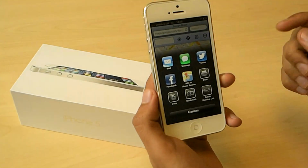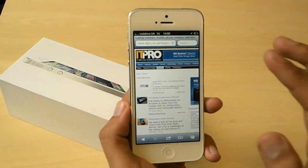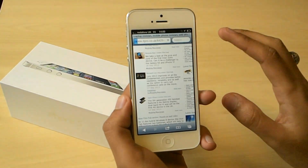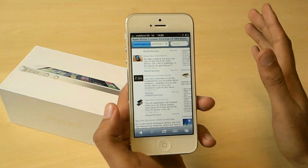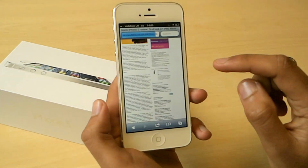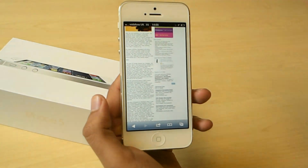Changes have also been made to Safari. It has been beefed up, so if I go to a web page there, now I can add things to my reading list. So say I want to read this iPhone first look review on IT Pro, but I want to read it on the train when I don't have a stable internet connection. What you can do is you load up the page when you do have an internet connection. You add it to a reading list, which is done by tapping that again. Add to reading list. It will download this. Now it will automatically download the multiple pages,